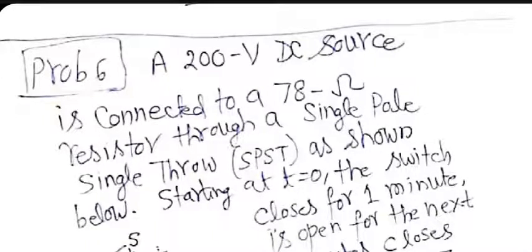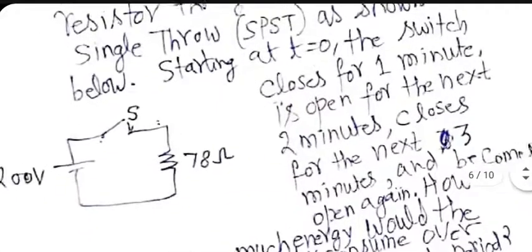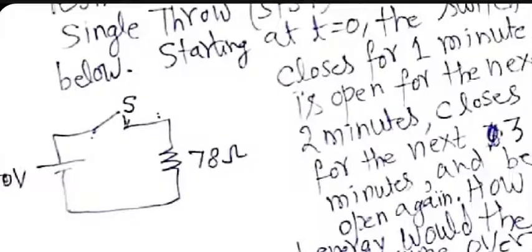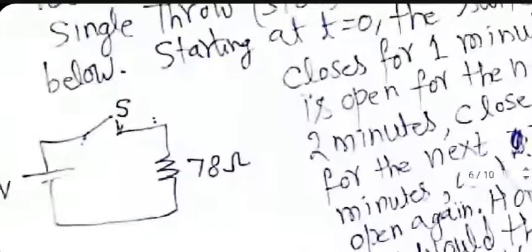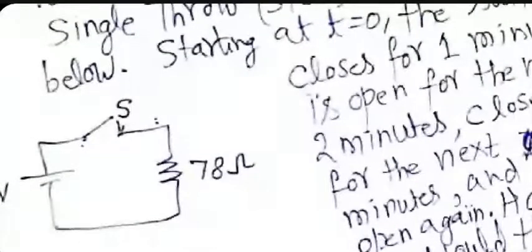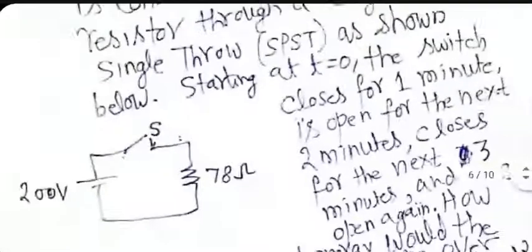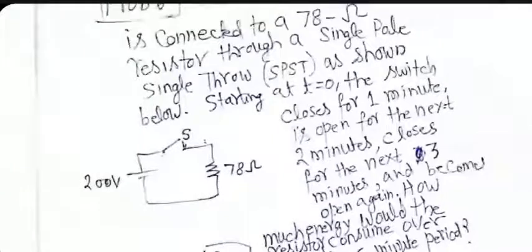The word switch has been missed here. Sorry about that. Single pole, single throw switch is what you see all the time. For turning on your fan, what you are using is a single pole, single throw switch. Okay, it has only one position to go to. Either it is off or it is on. It cannot go from one on position to another on position. There are single pole double throw switches also, which go from one on position to another on position. Depending on the switch position, a different part of circuit will be connected. But this is a SPST. So if it is on, the current will flow. If it is off, that means open, no current will flow.